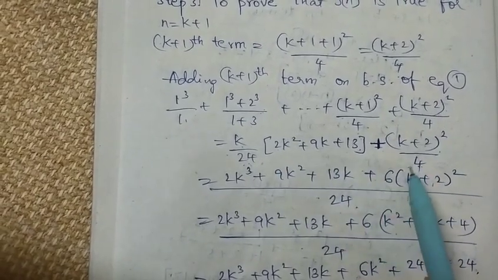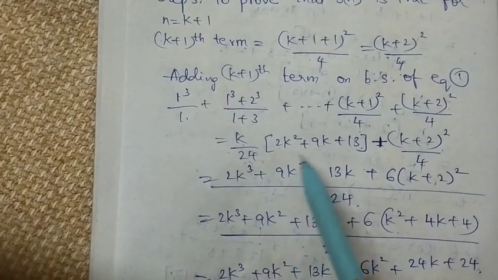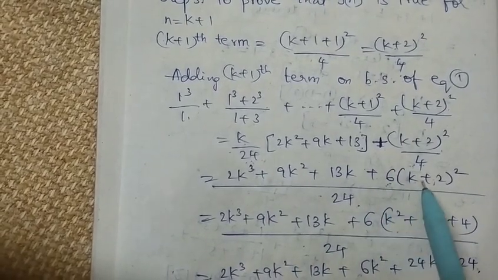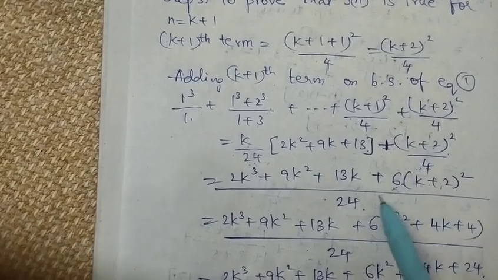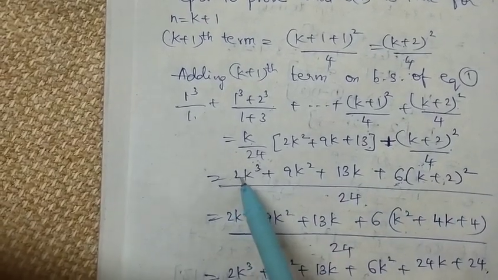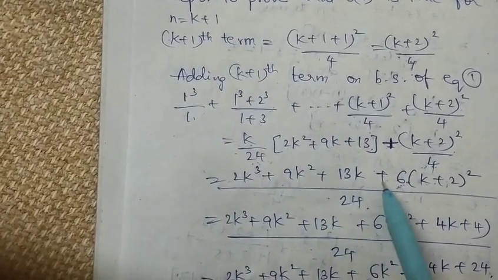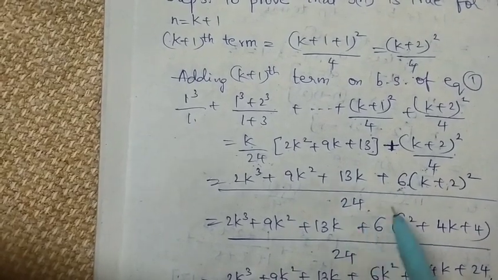When you take LCM, you can clearly observe that 24 is a multiple of 4. So in 4 table, 24 goes how many times? 6 times. So clearly multiply 6 with the numerator. Okay, so 6 into k plus 2 whole square plus 2k cube plus 9k square plus 13k divided by 24,